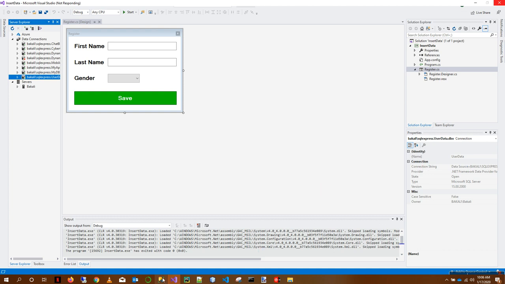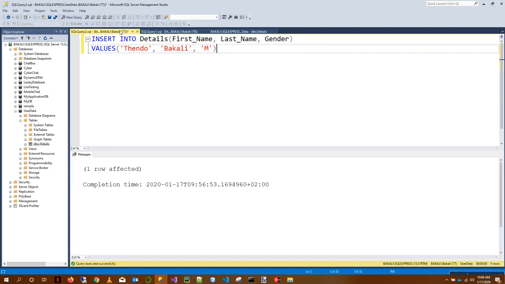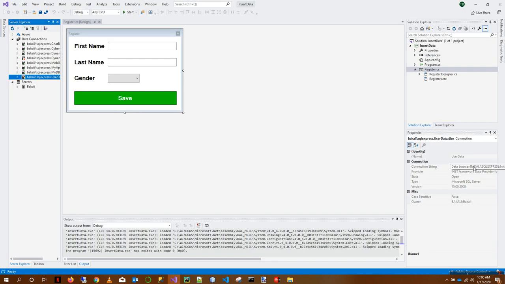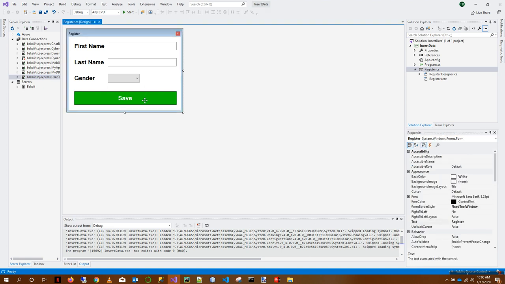Do not forget that the idea here is that we must run this line of code in C# and it must send data to our database. So there we go. Here's our connection string. I'm going to copy it and click anywhere here so that it takes me to my code. So I can either double click on save,